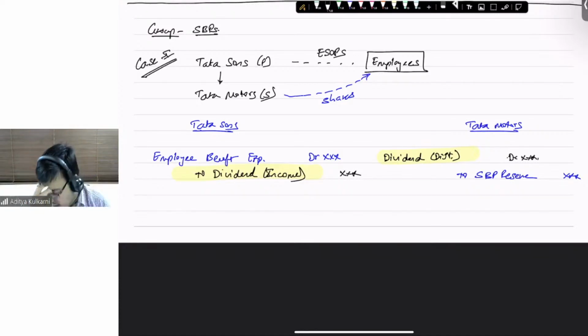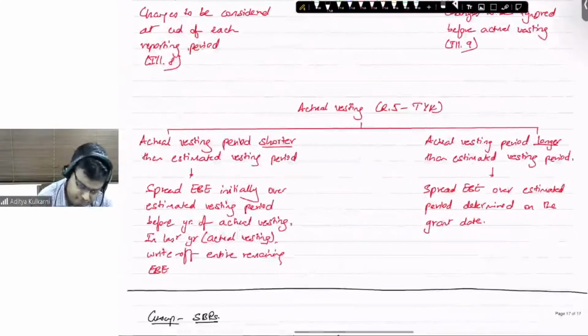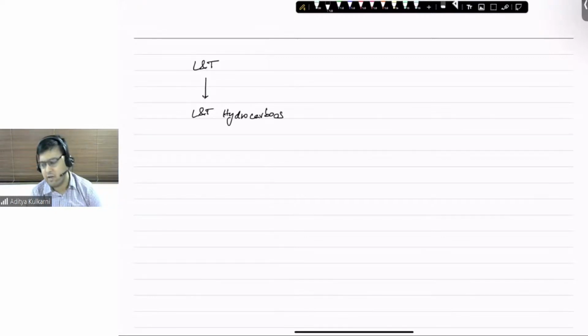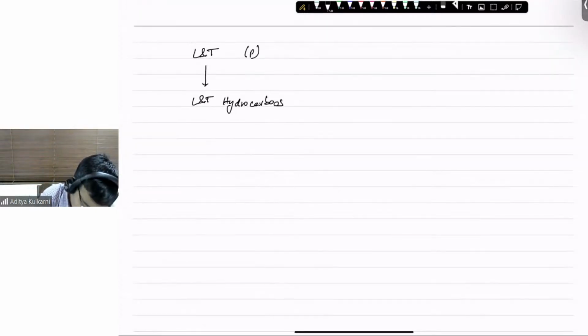Okay. Now let us move on to another case. L&T and L&T Hydrocarbons. I think Hydrocarbons is an unlisted entity and L&T is a listed entity. This is the parent and this is the subsidiary. Okay. Now